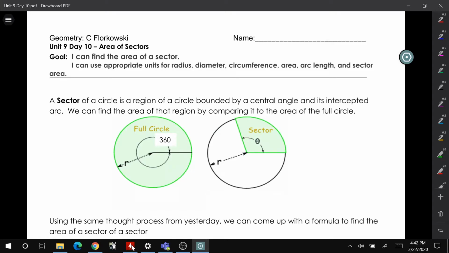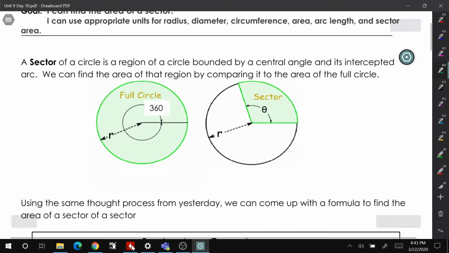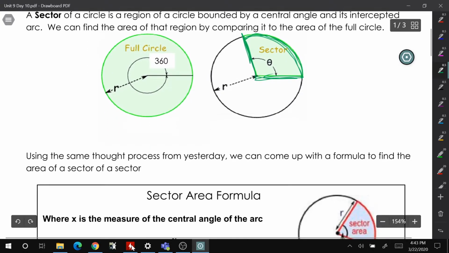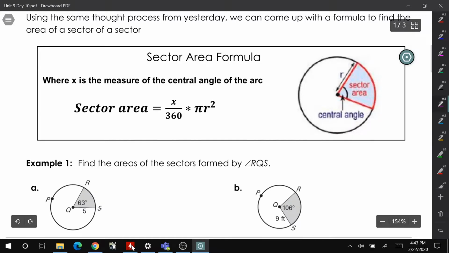Alright, today we're going to talk about sector area. What sector area is, it's part of the area of a circle, so a sector of it. And we're going to use what we talked about yesterday, where we're going to take a fraction of the area. So if we go down and look at the formula, we have the sector area, and this part right here, this is the area